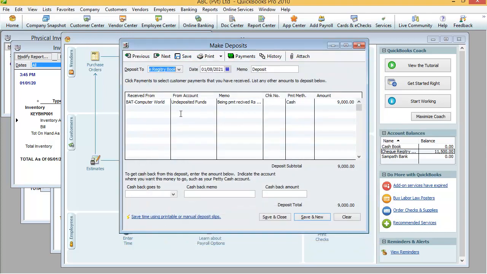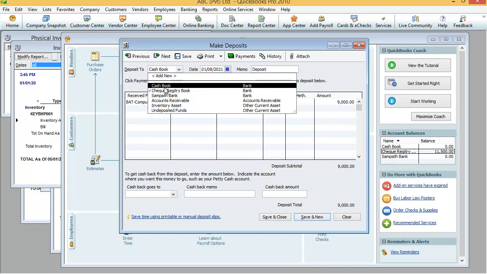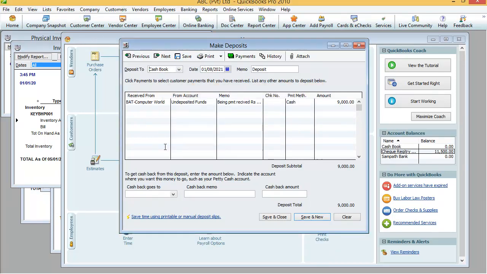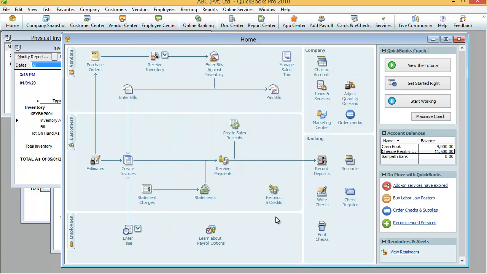Now you can notice deposit to account will appear. You have to select the cash book, because we are going to collect the money and deposit to the cash book account. That means we are directly getting money by cash. So we select the cash book, and finally click save and close.